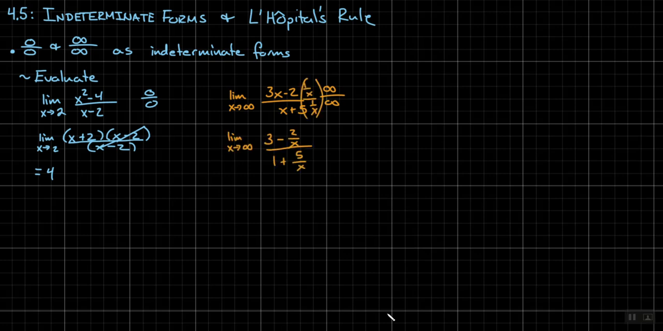This one little change in algebra. If I direct sub now, I get 3 minus 2 over infinity, and no longer am I indeterminate. What's 2 over an arbitrarily large number? 0, right? Yeah, it seems weird to just say it's 0, but it is. 2 over infinity is 0. So I get 3 minus 0 over 1 plus 0, and we do in fact see that this limit is